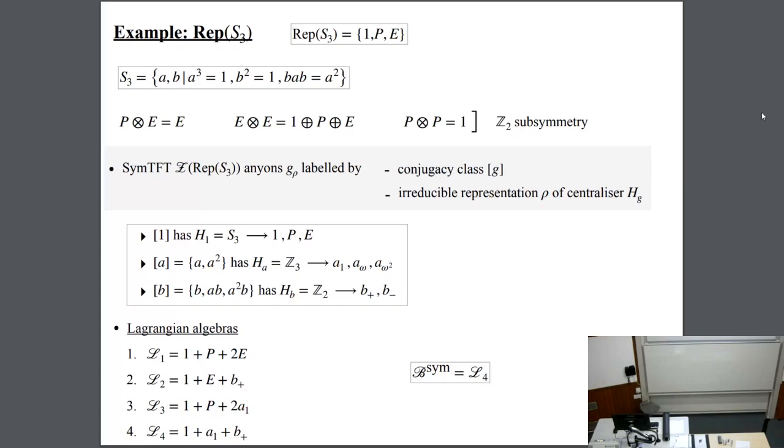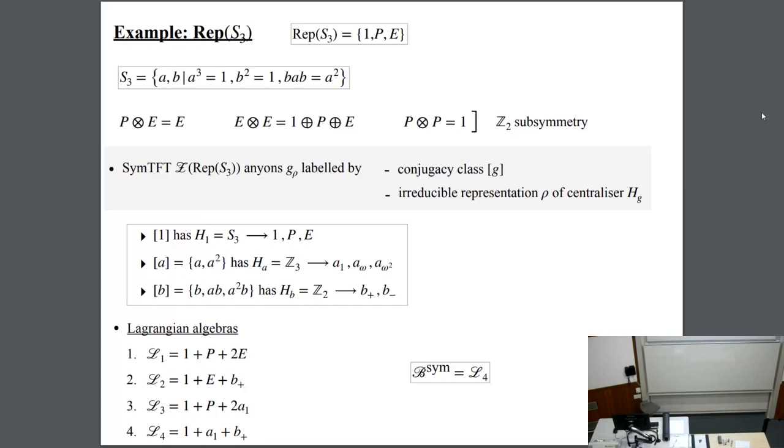And then I have the B conjugacy class. B is one of the transpositions in S3. This is a Z2 centralizer, and then I get 2 anions, B plus, B minus, where this is a Z2 representation. And it turns out that now that I have all the anions and I know what